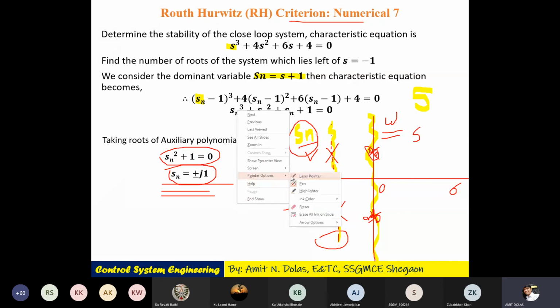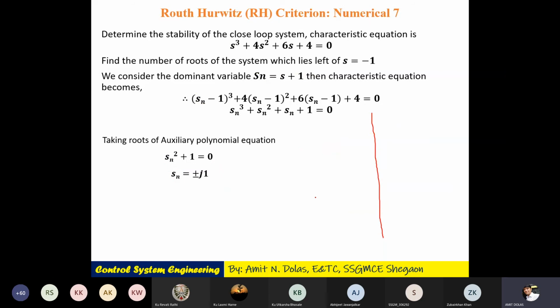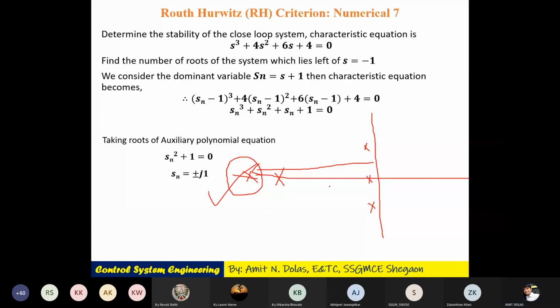Lastly, I'll make one comment here. If I have the S plane and if your poles are located near the imaginary axis and a few poles are located far away from the axis, earlier we learned this concept in unit number 1, the pole far away from the imaginary axis gives better stability, because a pole near the imaginary axis may drive your system into the unstable region due to a slight change in the parameters of the system or the disturbance or the noise.